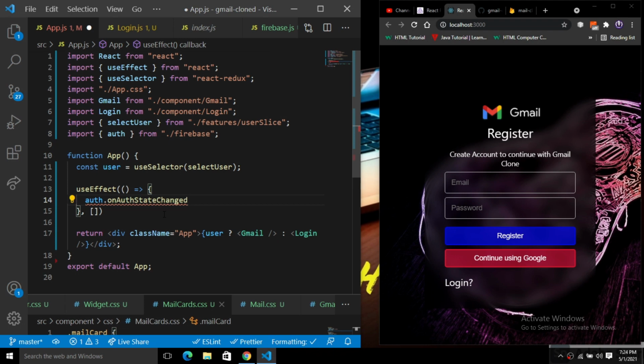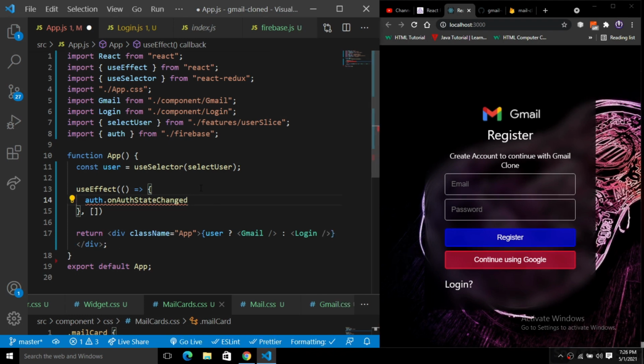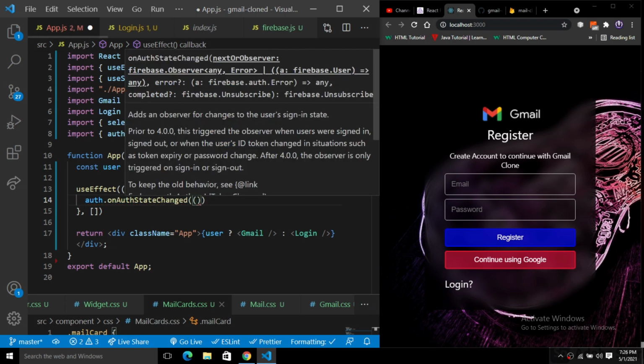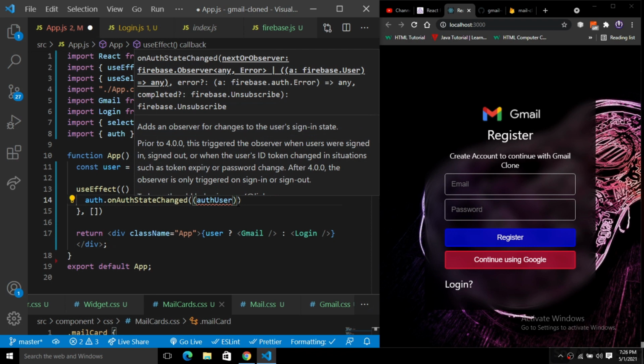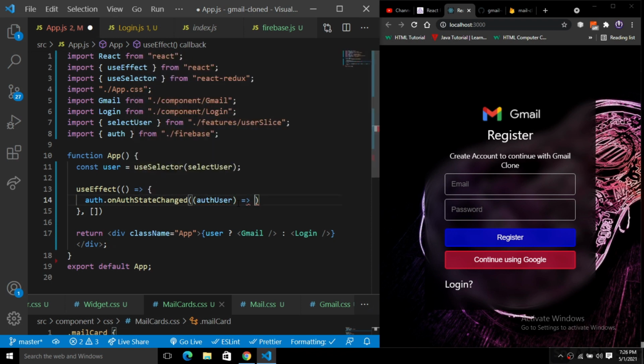So we will simply dispatch all the information that we will get from what we have passed here inside of this email and the password, and then just create this user state there, right? So let's do this. Okay, so here we will have an object. So simply we just put an authUser, right? And here we will have a dispatch function there.